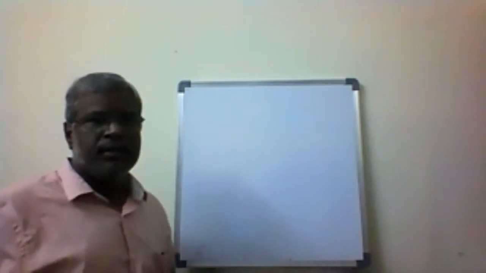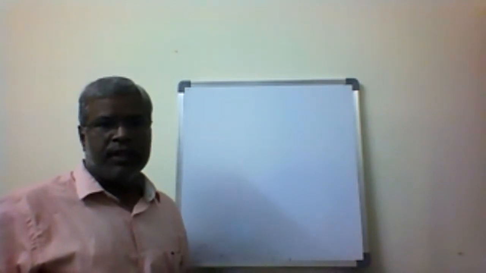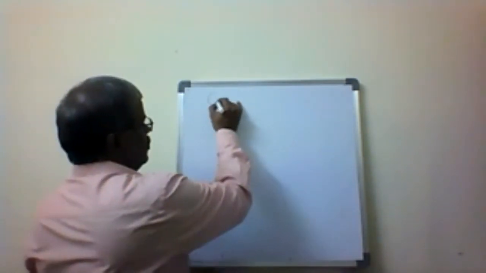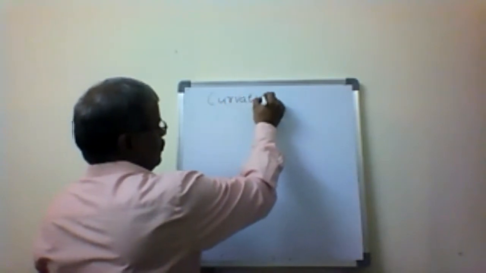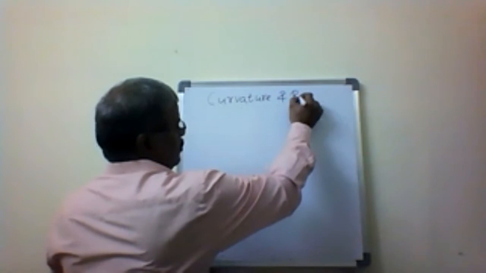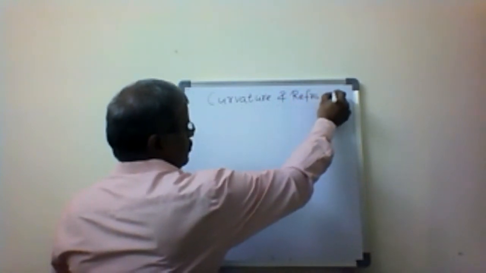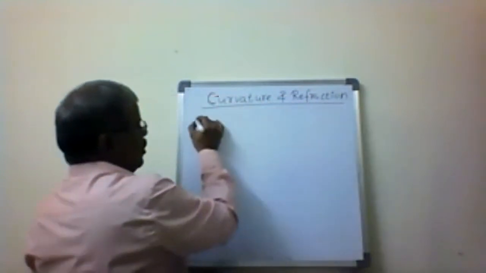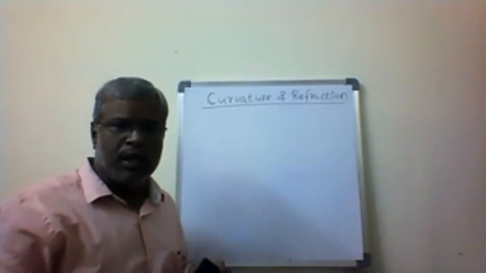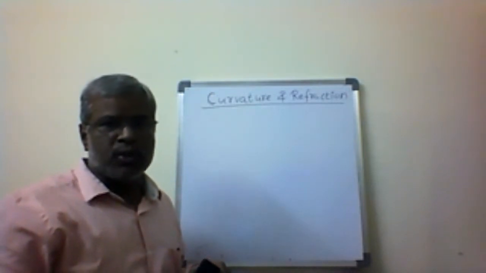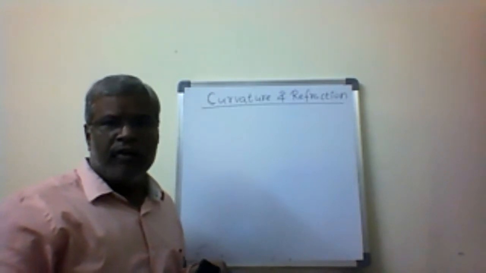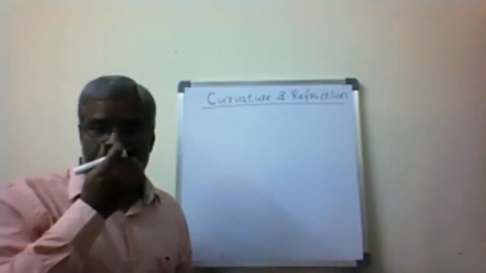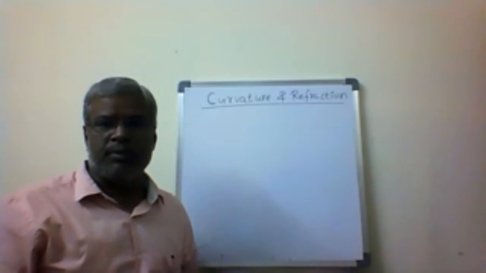After understanding the methods of reduction of levels, the last topic is the corrections that we are going to apply to the staff readings: curvature and refraction. The curvature and refraction corrections have to be applied, and finally we are going to calculate the true staff reading. What is meant by the curvature correction and what is meant by the refraction correction?